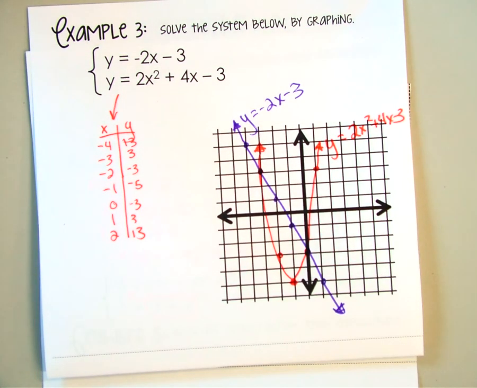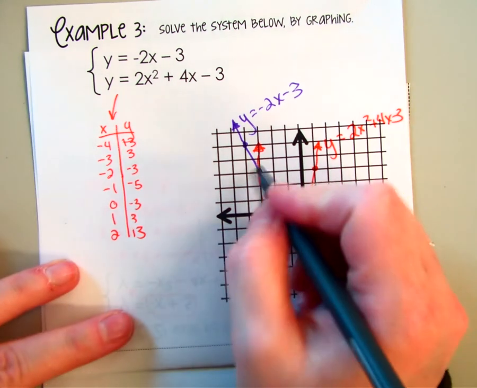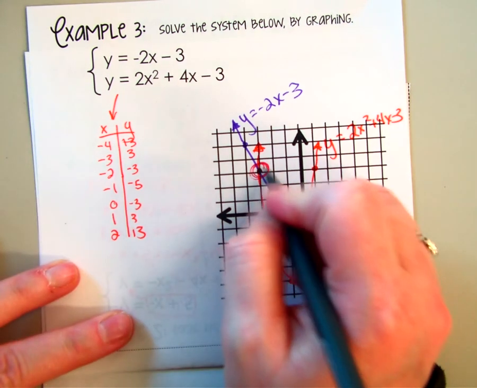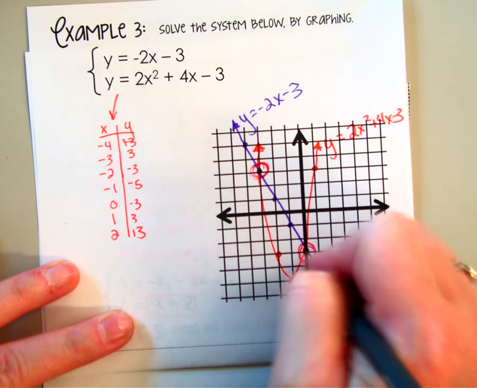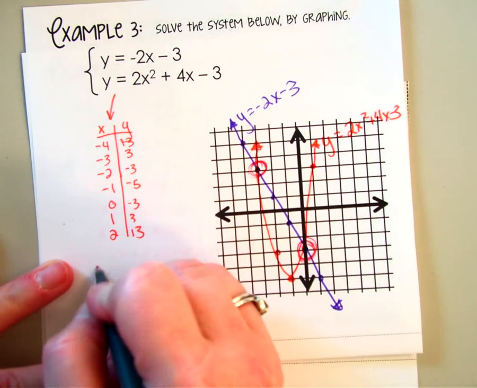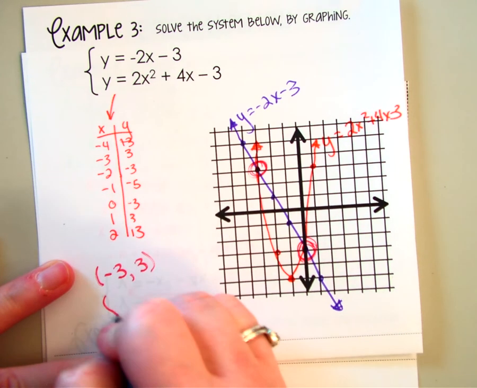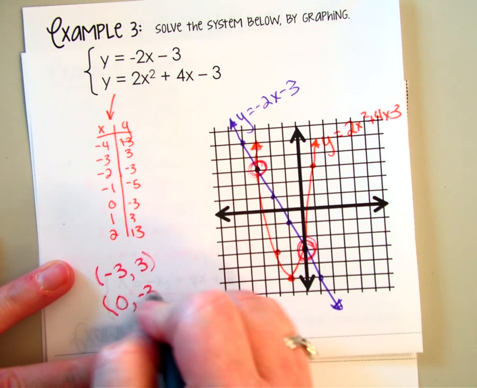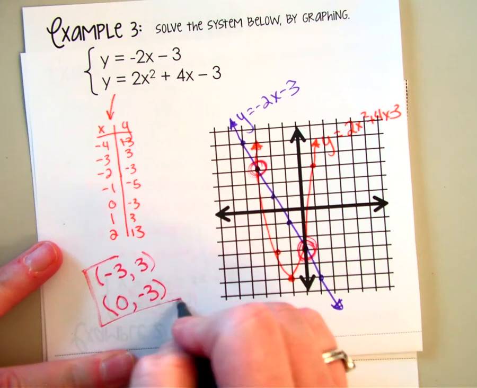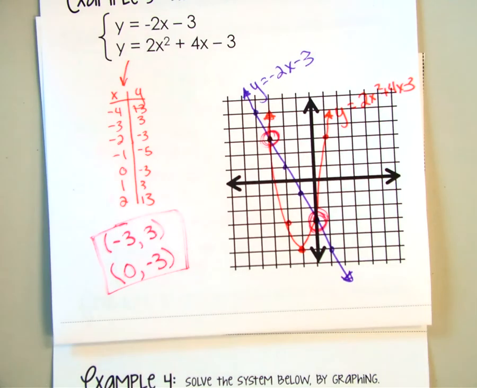So I can see I have two solutions. There's two spots where my graphs intersect. One of them is at the point negative 3, 3, and the other one is my y-intercept at 0, negative 3. Make sure you state your solutions once you've drawn the graph, because I can't tell you how many